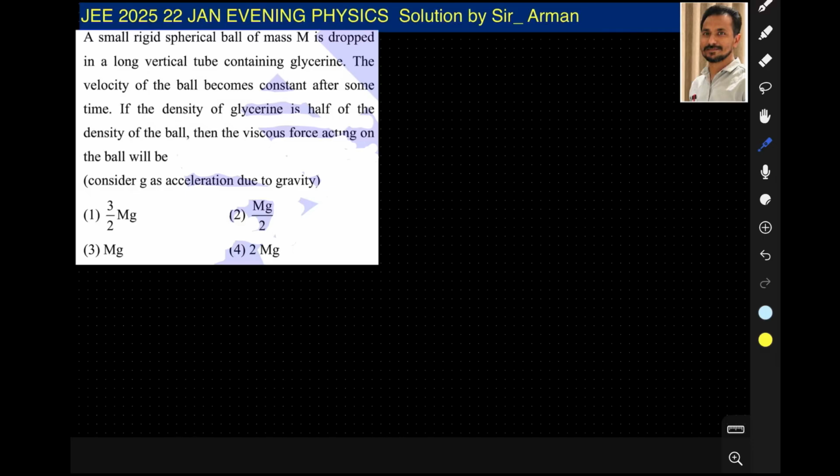A small rigid spherical ball of mass m is dropped in a long vertical tube containing glycerine. The velocity of the ball becomes constant after some time. If the density of glycerine is half of the density of the ball, then the viscous force acting on the